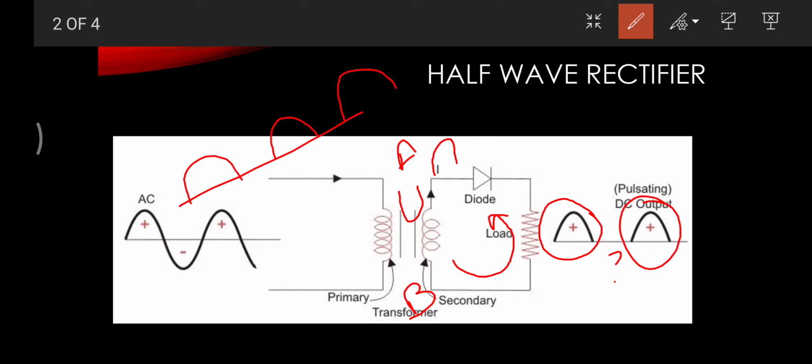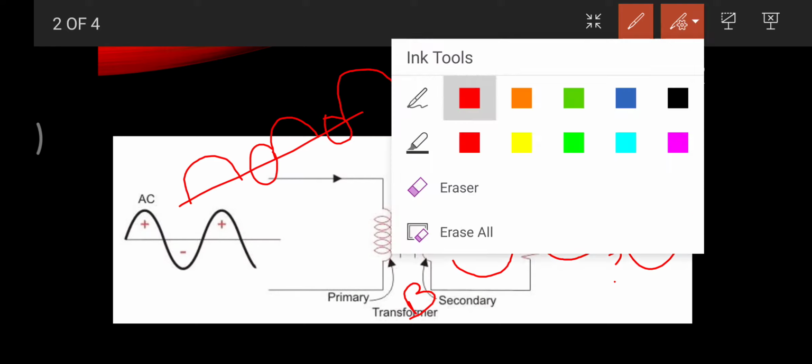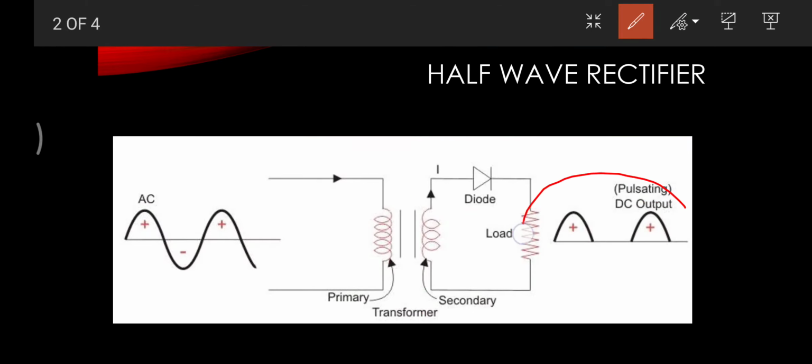So it's a half wave cycle, then a gap, then again a half wave cycle, and then again a gap. So you can see that the voltage appearing at the output side is now unidirectional, but there is a gap in between, so the voltage is not continuous. However, in DC we have a straight line. How do we accommodate that? Usually we accommodate it by using a capacitor.